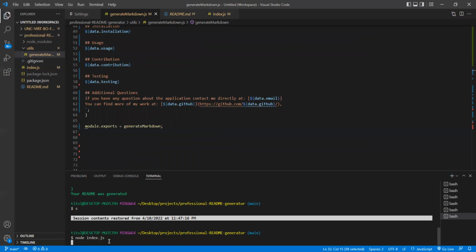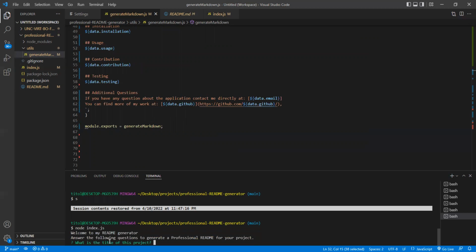So in order for you guys to see how this works, I'm going to use node index.js, and we will be prompted with each question that is going to generate the data for the README.md. What is the title of the project? Well, the title of the project is